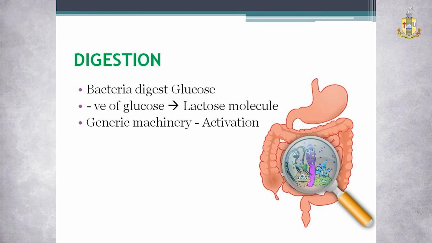Generally, bacteria digest glucose molecules as an energy source. In the absence of glucose, E. coli turns on its genetic machinery to metabolize lactose molecules. The metabolism of glucose is easier when compared to lactose. If glucose is absent, it's time to turn on the production of enzymes to metabolize lactose into glucose and galactose.